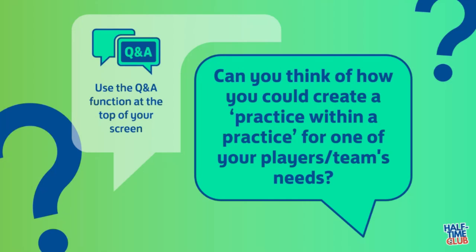Now, what if your goalkeeper's not getting success at switching? Even though you've added a reward for your goalkeeper, if we don't get success at it, how are we going to change the practice design to allow them to get success? So rather than change the challenge or the condition, how are we going to change the practice design within that spectrum to create a practice within a practice that may allow them some success?